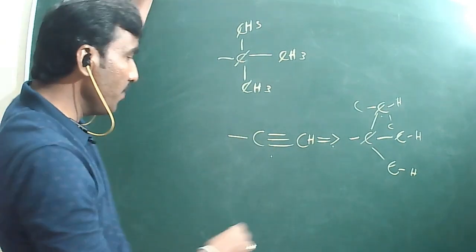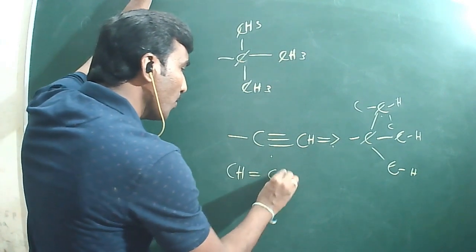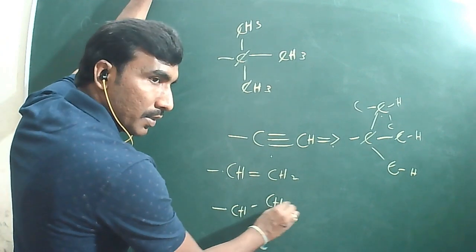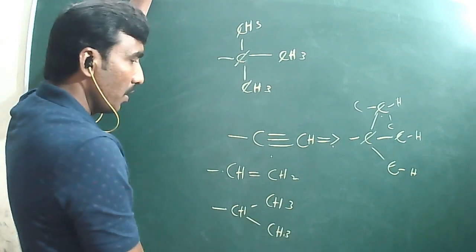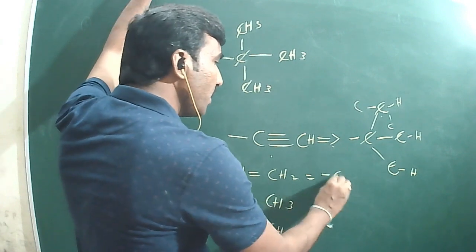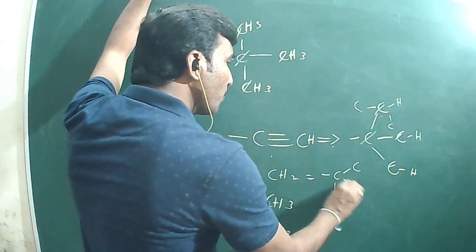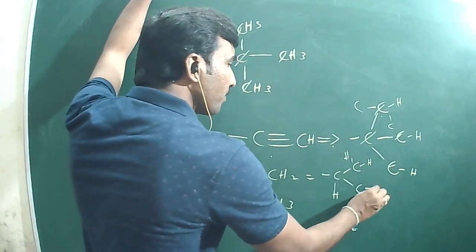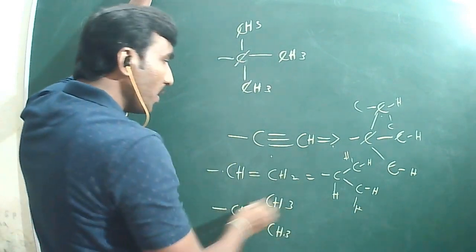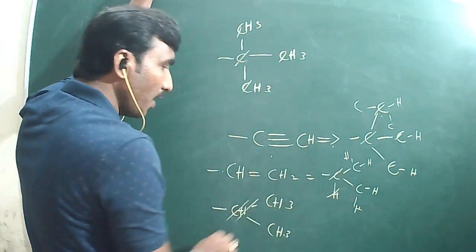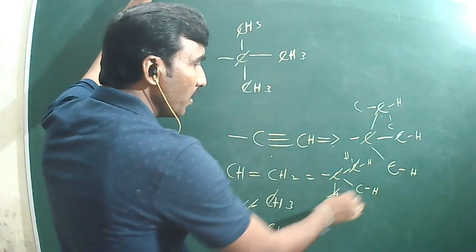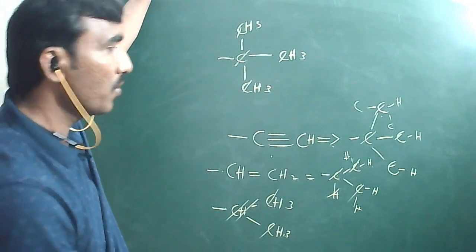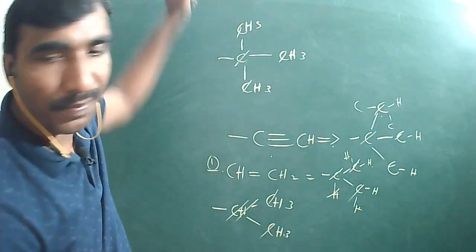Triple bond. Similarly, double bond, if you take CH double bond CH2, and isopropyl CH, CH3 and CH3. Right, now tell me what I can write here. C is attached with hydrogen and 2 carbon atoms, and each carbon again has 2 hydrogens. Now carbon, carbon get cancelled, hydrogen, hydrogen get cancelled, carbon, carbon. Now 2 hydrogens means 1 carbon, means the other also carbon, or not. So first example, understood?